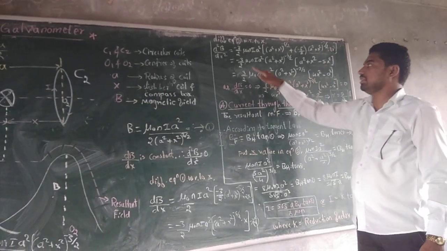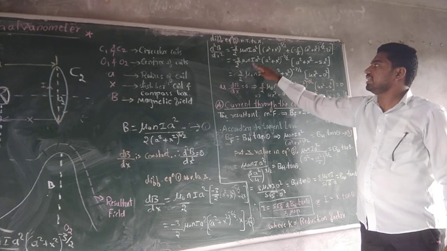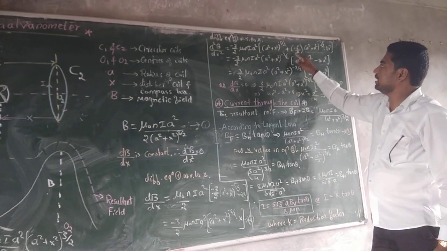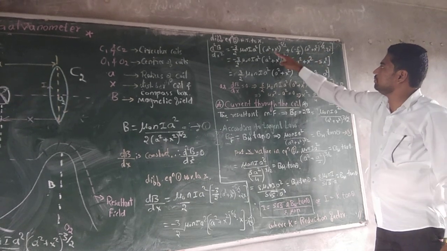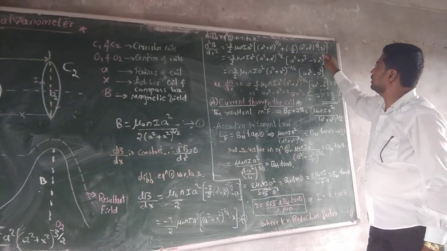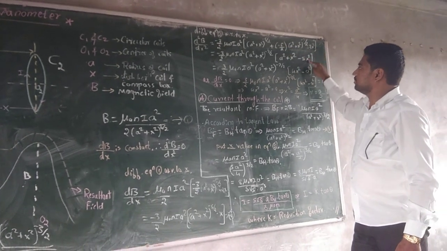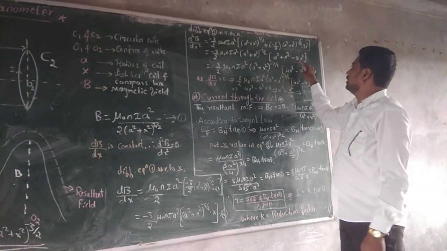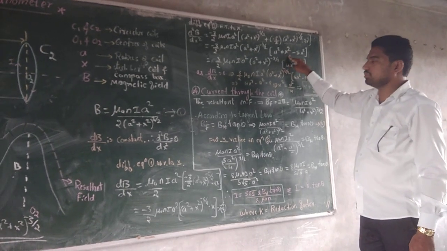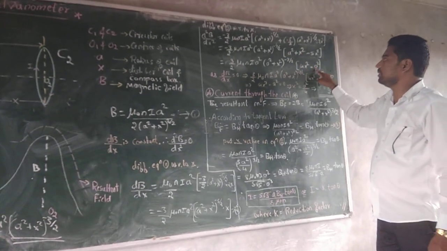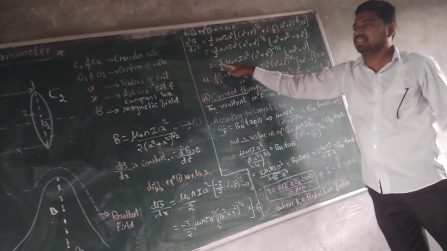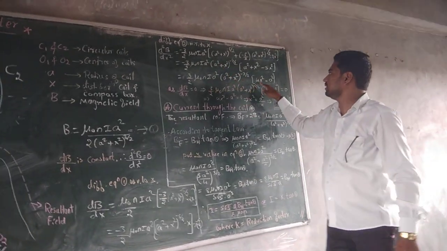Now simplify this one. Minus 3 by 2 mu naught n I, a square plus x square raised to minus 7 by 2. The 2 cancels. The remaining term is a square plus x square minus 5x square. Here minus 5x square plus x square is minus 4x square, and this is plus a square. Now we remove the minus by multiplying, and minus becomes plus, that is